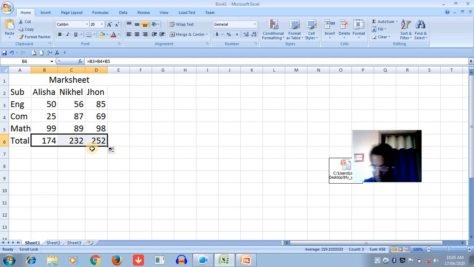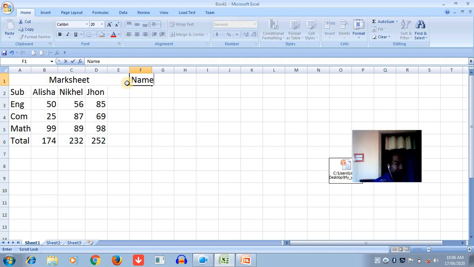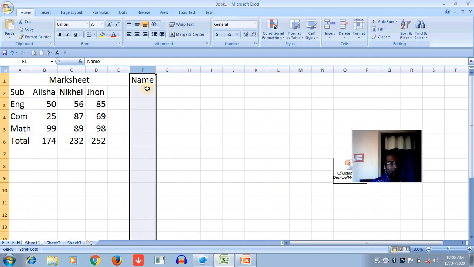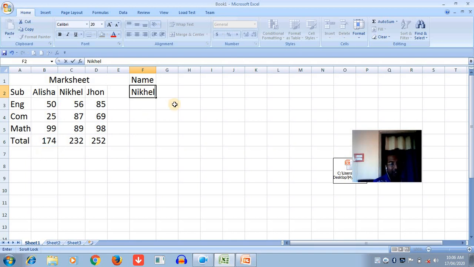Okay, now let's go to another example. We have to use concatenation to join two names into a single word. So here you write the names, like Nikhil in another cell. The two words are present in different cells, and we can combine them into a single cell using the text operator.